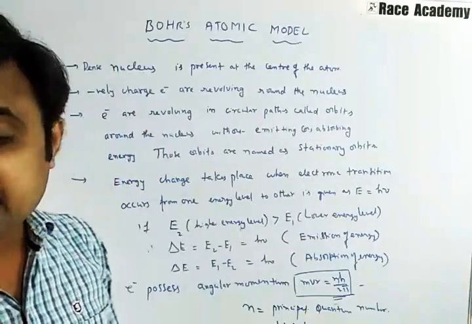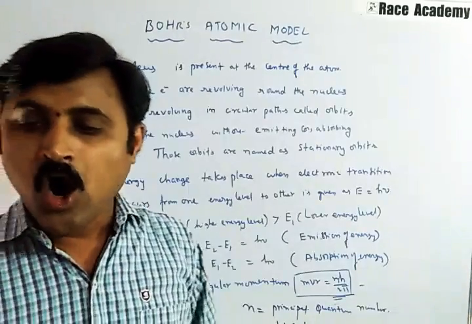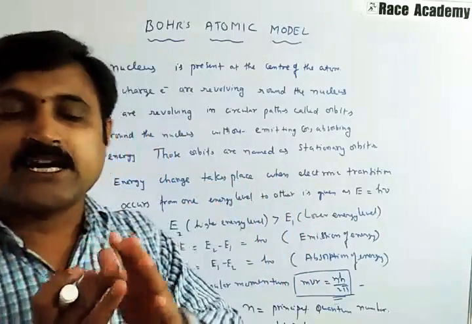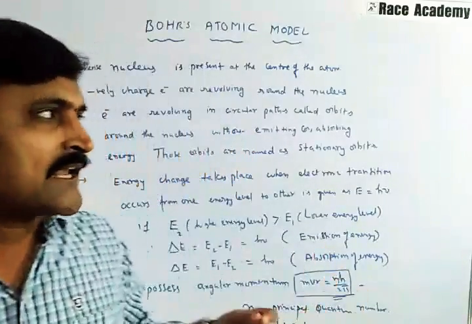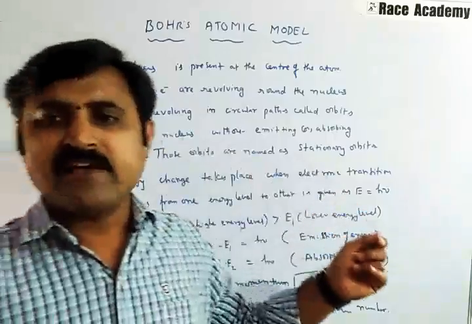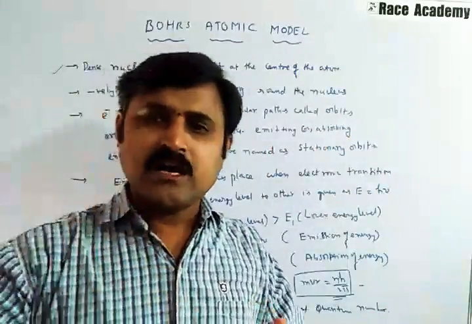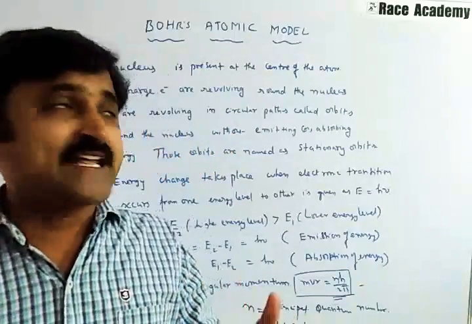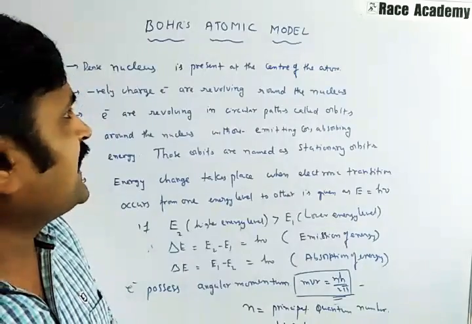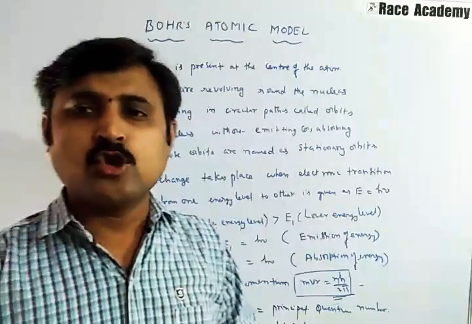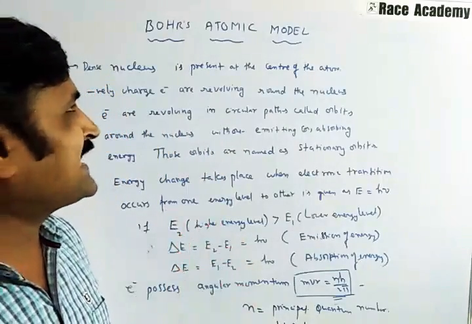Another one: the experimental values of spectral lines of the hydrogen spectrum are in close agreement with those calculated by Bohr's theory. So Bohr's theory calculations give energy values and wavelength values of the hydrogen spectrum that are equal to the experimental values. So that was a big success in science. This was one of the breakthroughs in science regarding atomic structure and exploring the atom and its nature.